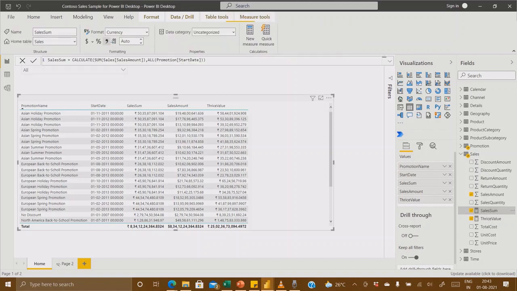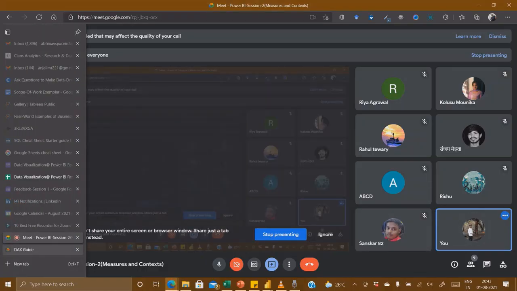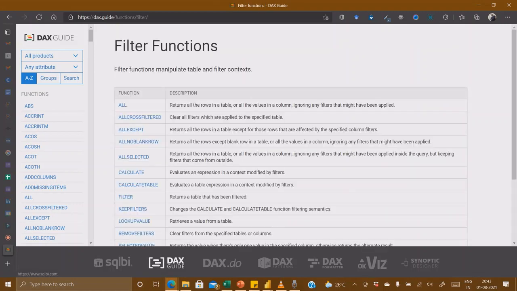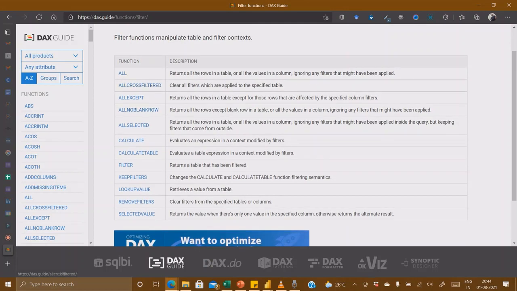So now coming to the cell sum, here you can see that I have written the word CALCULATE. So what does this CALCULATE mean? If I go back to our DAX Guide and click on filter functions, you will see a set of functions categorized as filter functions.